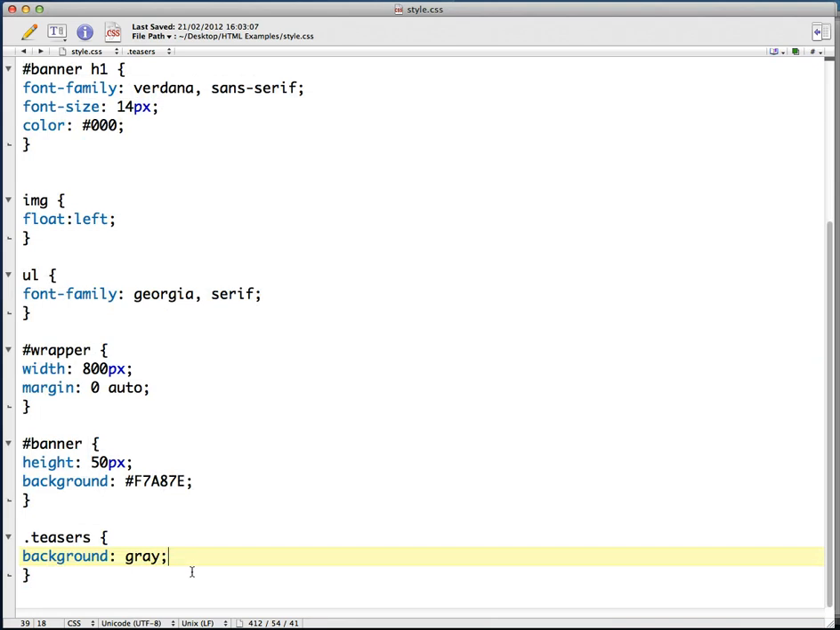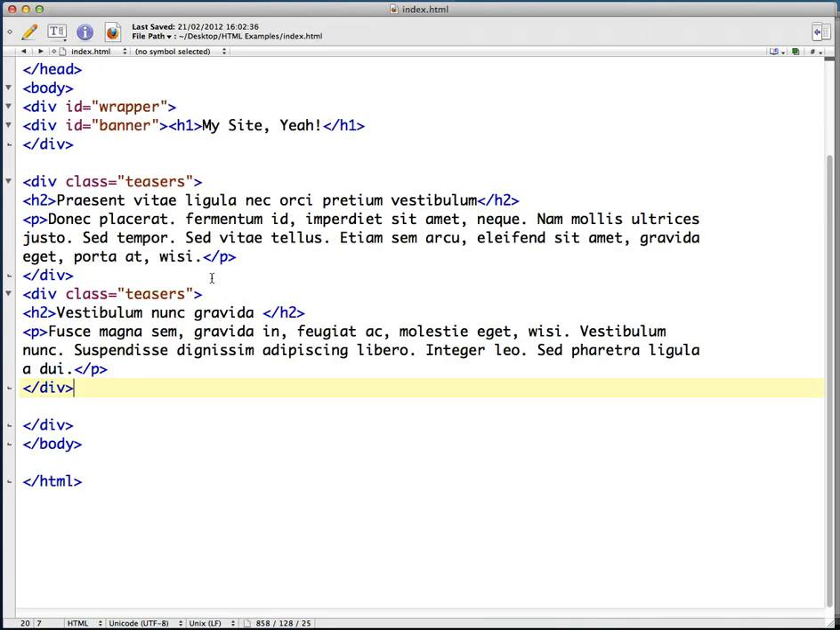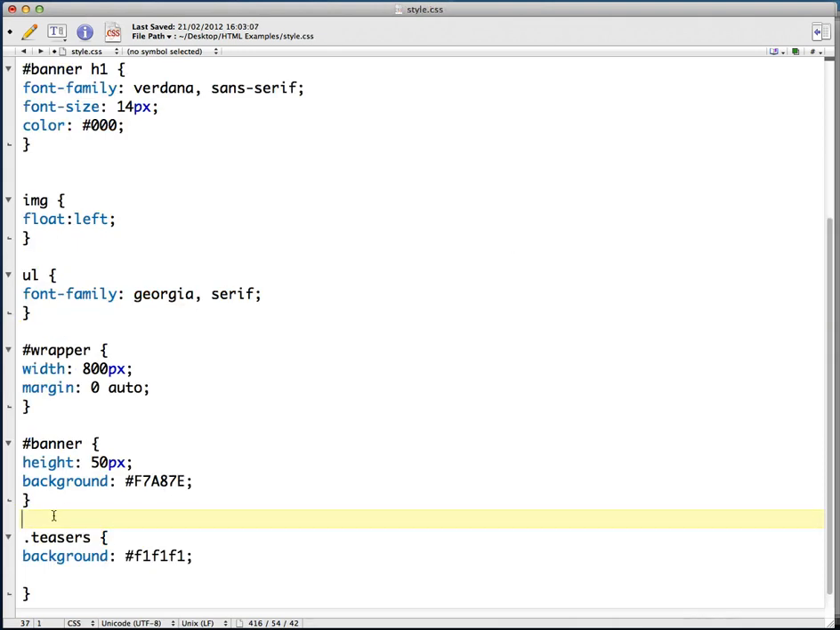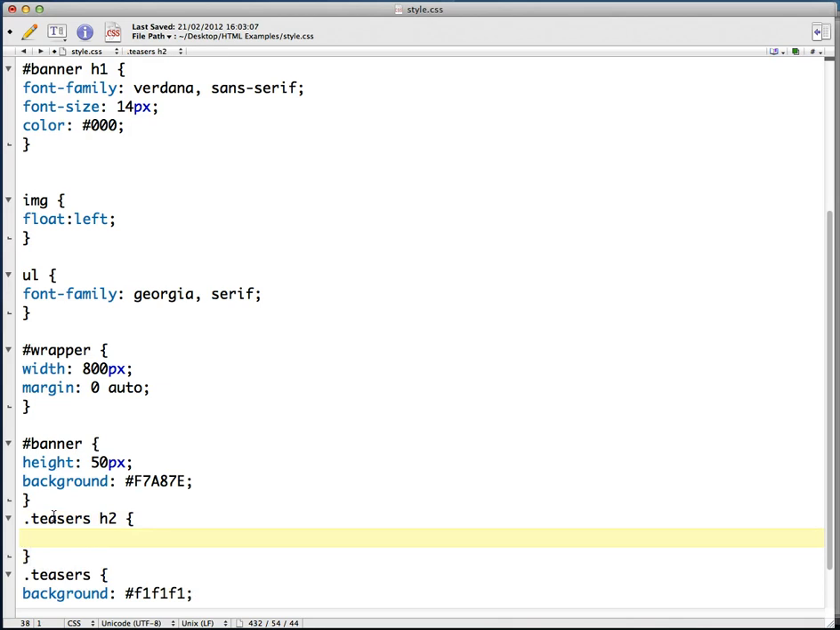I can go a little bit further than that as well. I can say background is light grey, and I can say that also I want to style the H2, so I've got H2s inside these teasers. So I do dot teasers H2 curly brackets, and I can say font family is Georgia,